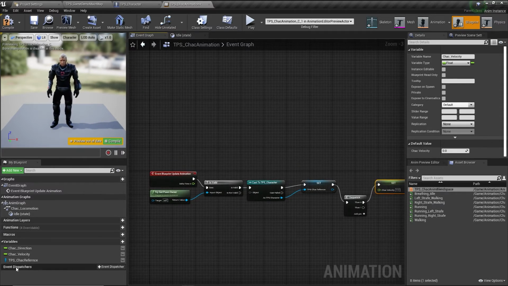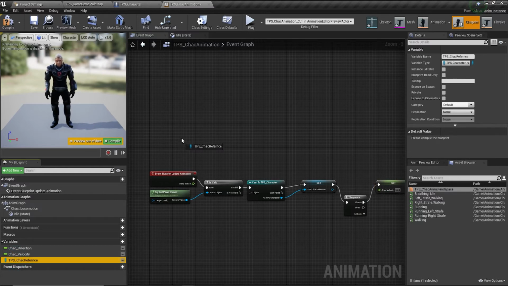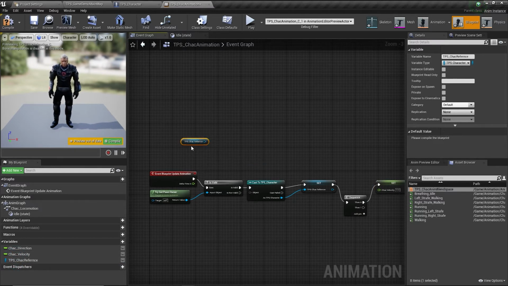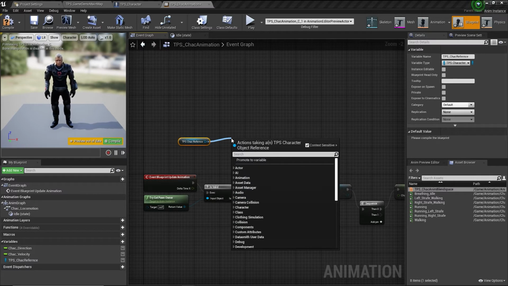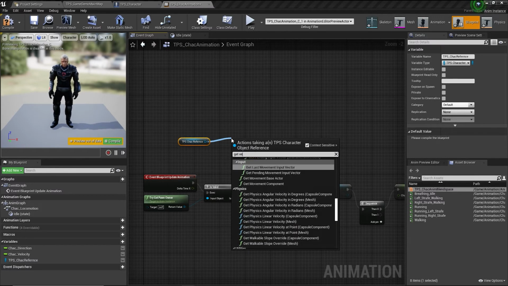Now we will take the TPS character reference and get it. First of all we will calculate the velocity of our character. From here get velocity